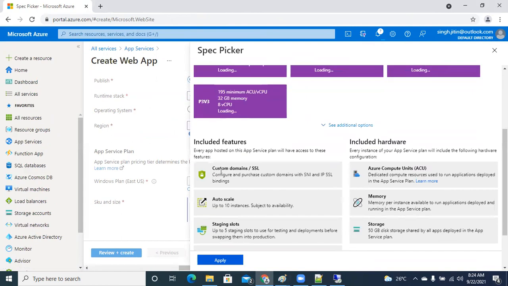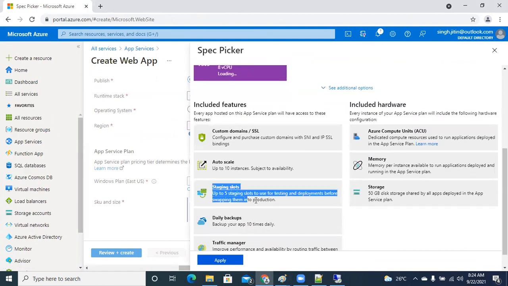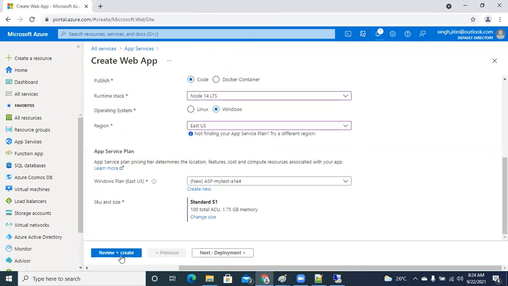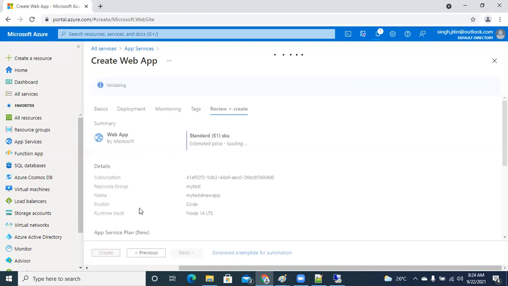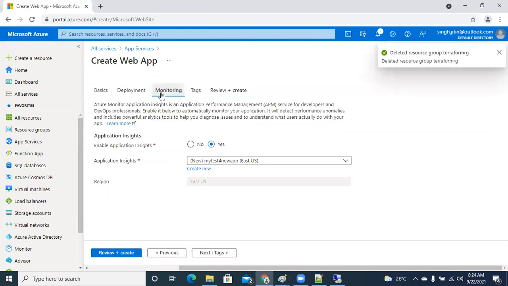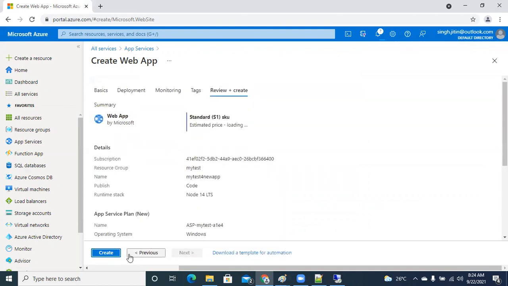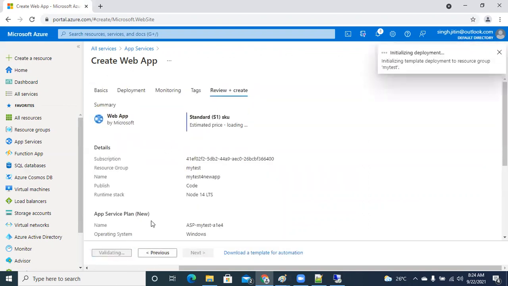Right now over here, guys, I have the staging slots that I can use for the production requirements. So let's say I'm creating this now. There is a monitoring service, guys, that is your Application Insights, which will help you to monitor your resources. So that can be used in order to monitor your services. I'm creating this service as well, and let's say my Application Insights is also getting created with the creation of this web application.